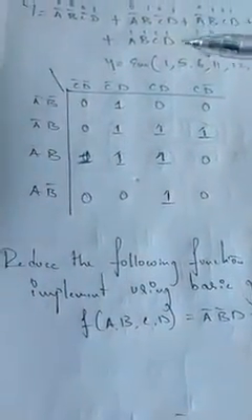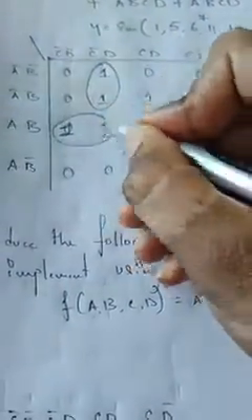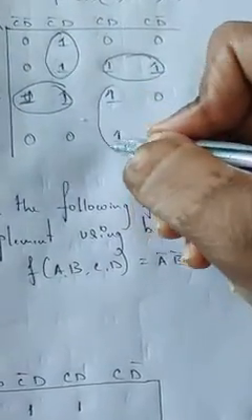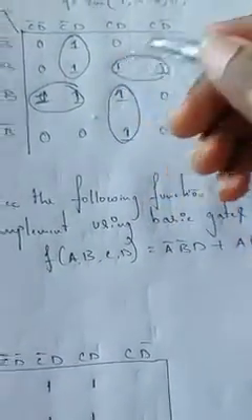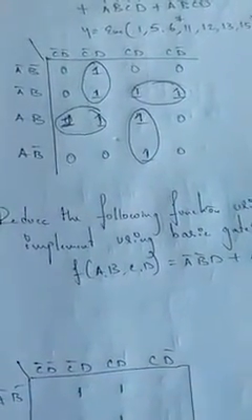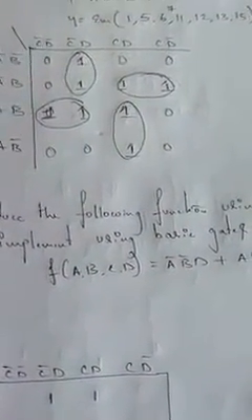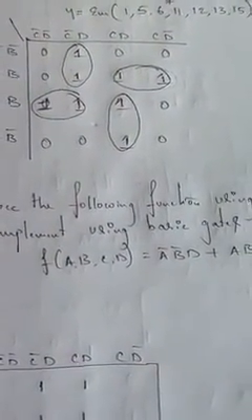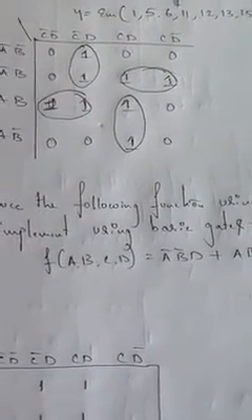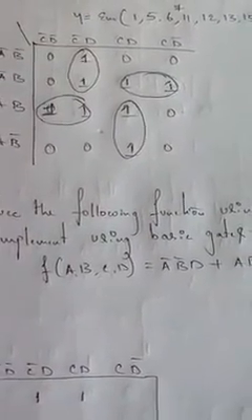I have just erased those things. I am just going with this pair, this pair, this pair, and this pair. So there is no need of quad now. If you add quad, then it is going to form 5 groups. After removing the quad, you are coming with 4 groups, which is better, right? Unnecessarily adding one more quad doesn't make any sense. It is going to make the expression bigger.